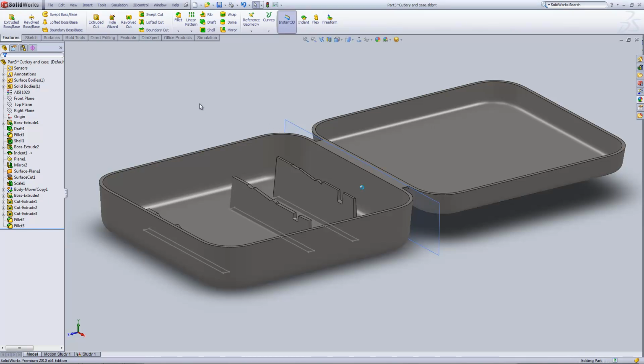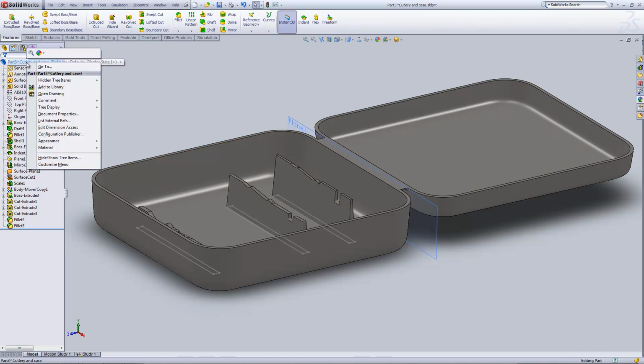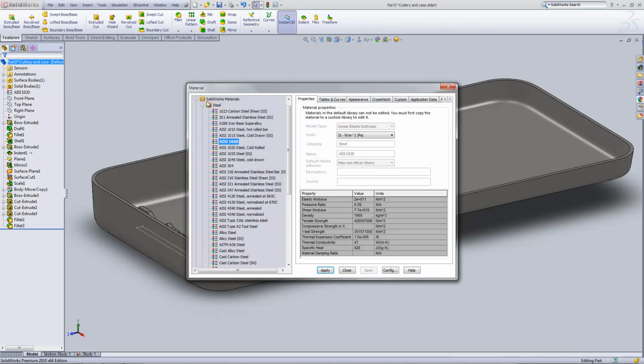The first thing you have to do is obviously give the box a density, and you would do that by assigning a material to the box. So you right click on the part here and go down to material. Unless you're using one of these materials in the quick access menu, you're going to have to go into the edit material menu,